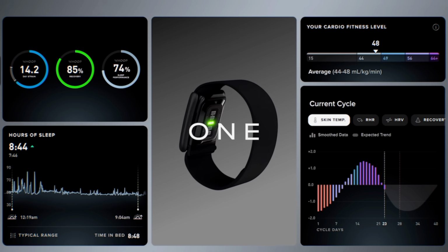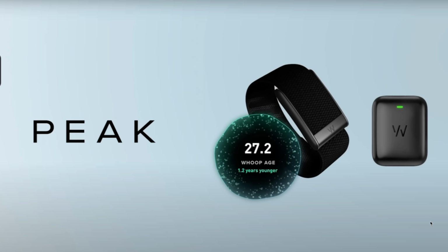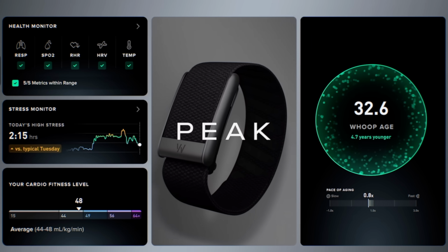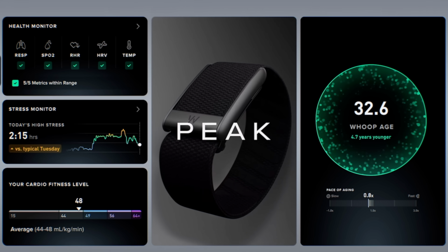They're brand new, they want to test the waters, they want to start tracking. That is going to be called the 1 membership. The middle tier is called Peak membership. Essentially, you are getting more features and you are getting that on the 5.0 band. You will get a little bit more features than the 1 membership, but you will not get access to the